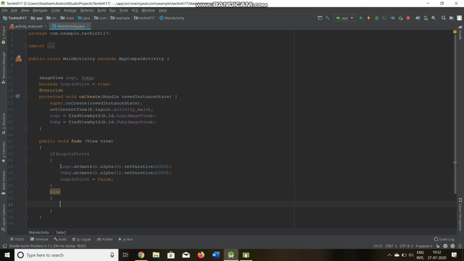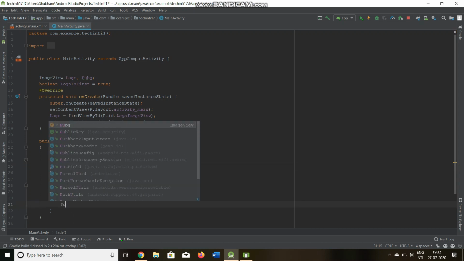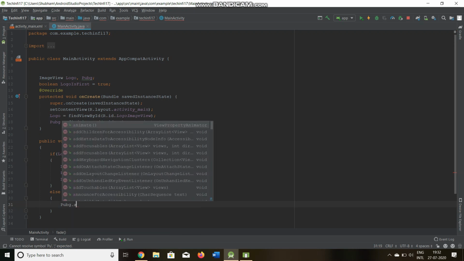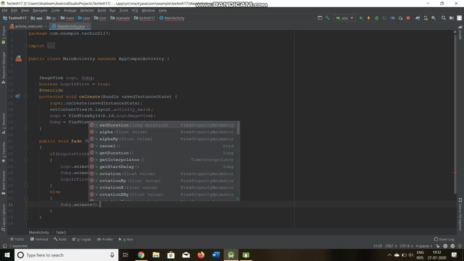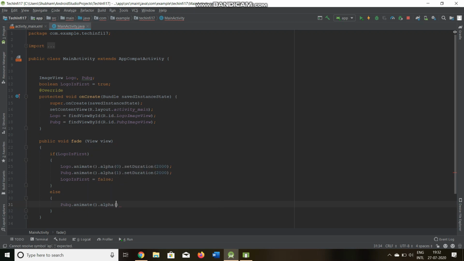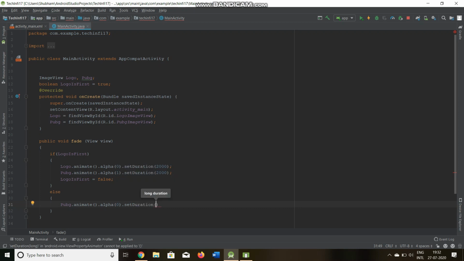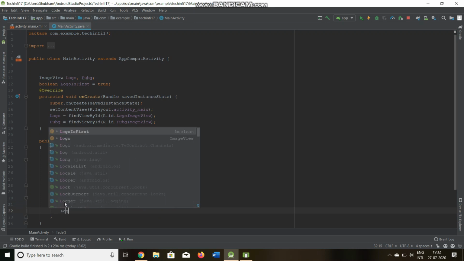I'll do the same thing, but now I want my PUBG image to fade away. So PUBG dot animate dot alpha, I want it to fade away, so 0, set duration to 2000, and what I want now is the logo to appear.